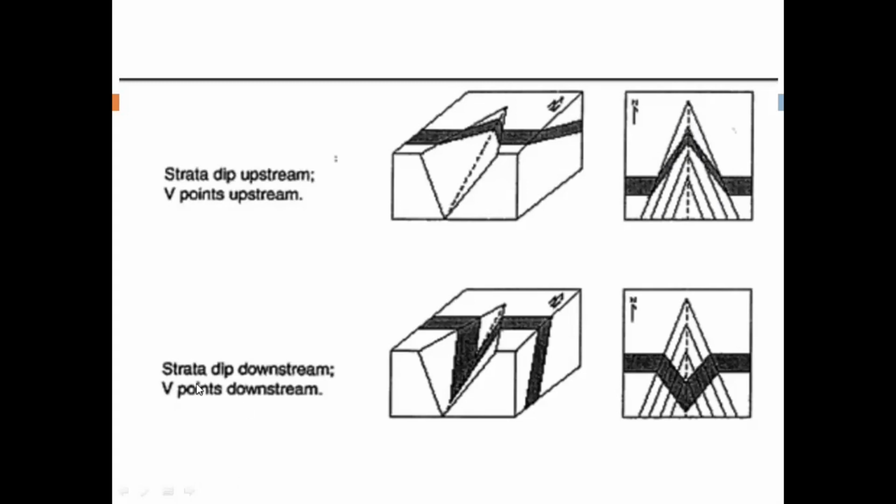Then there is another example when the strata is dipping downstream. This one is the strata, and this is the dip; you remember this is the strike. So it is dipping towards the downstream, and the map pattern you will see will be the opposite V. This is the V of the contour, and this is the V of the geological contact, so it will have a reverse pattern.